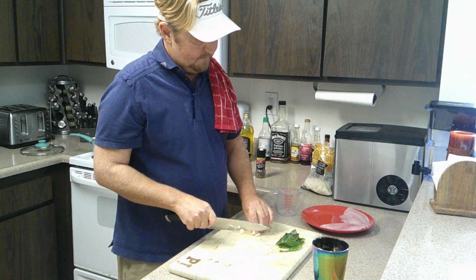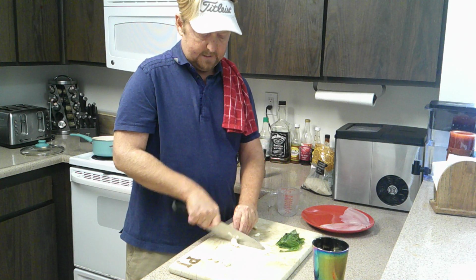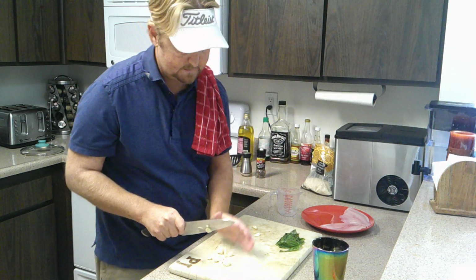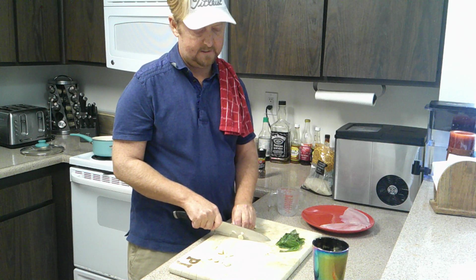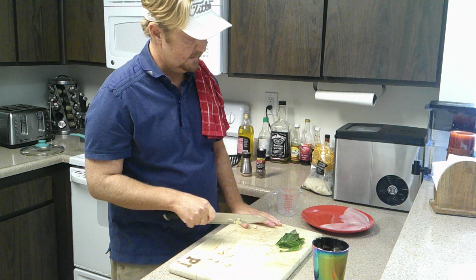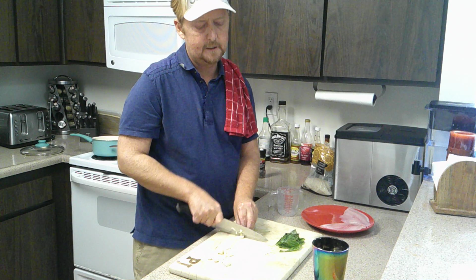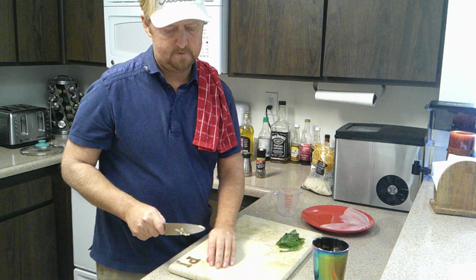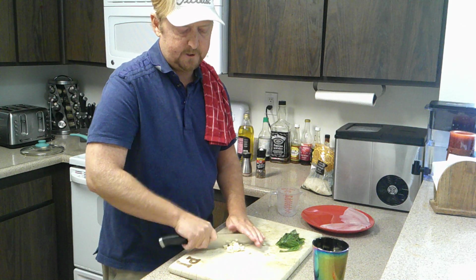So I'm going to chop this up. So like I said, this is a good dish. I call it romantic. It's simple, but I'll go ahead and give up the secret. I'm going to use a little wine in the end. So in order to make the sauce, I'll reduce a little wine right in the skillet with this garlic and salt and pepper and pour that over it. I was going to tell you that later, but that's like my favorite part of this dish. So let me chop this up a little bit more,